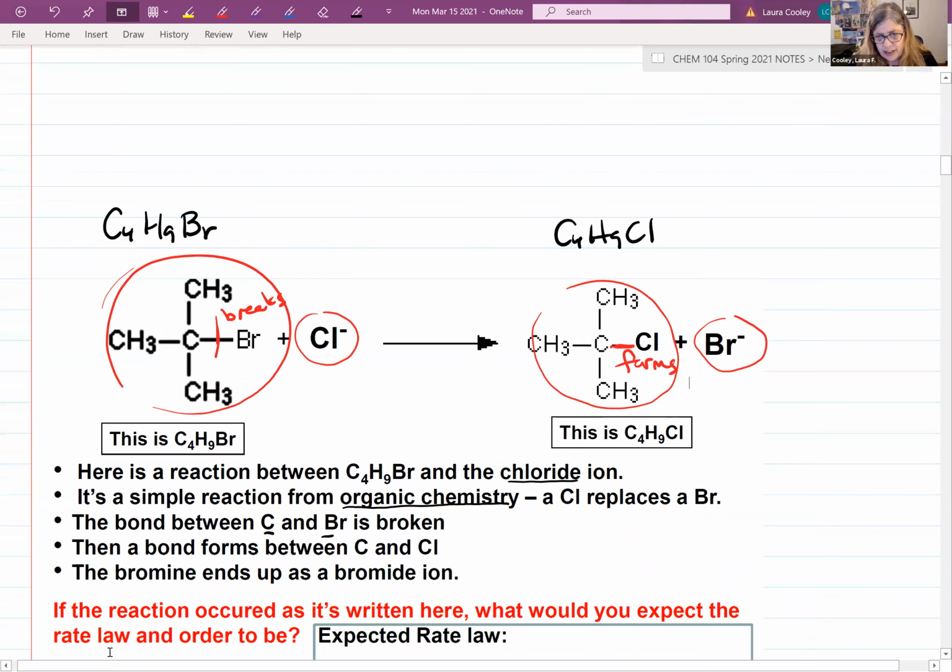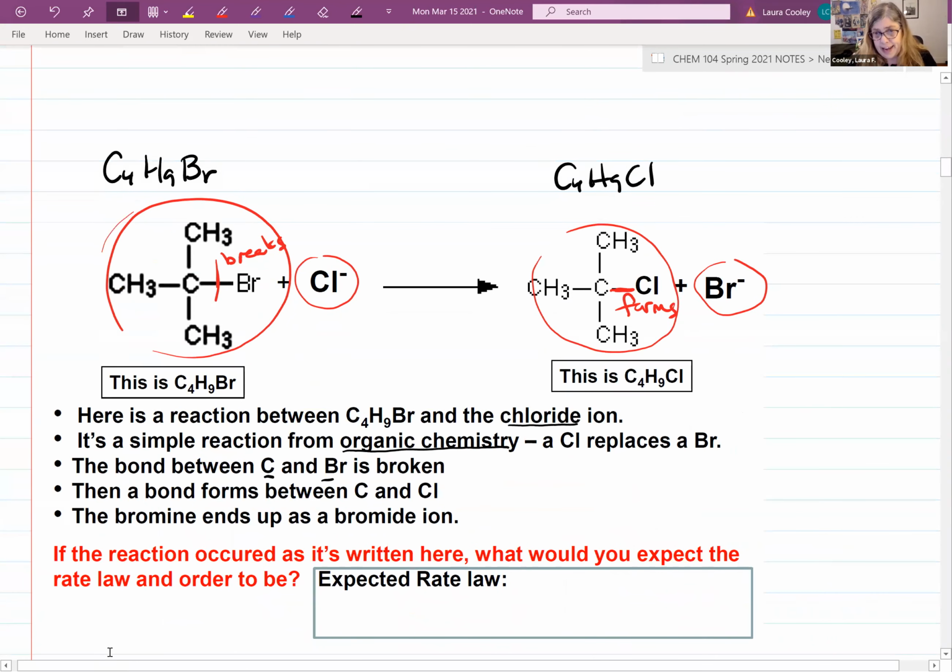The C4H9Br would be A, the Cl minus would be B. If it happens as a simple collision between these two, resulting in the products written here,